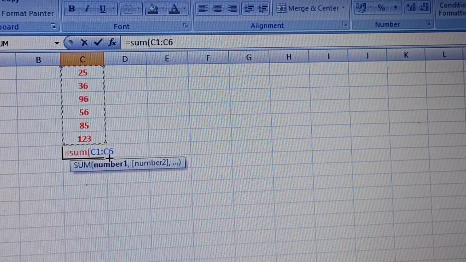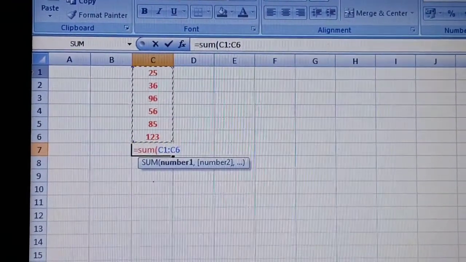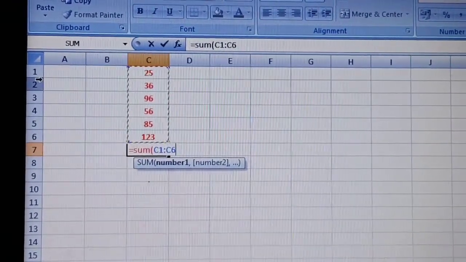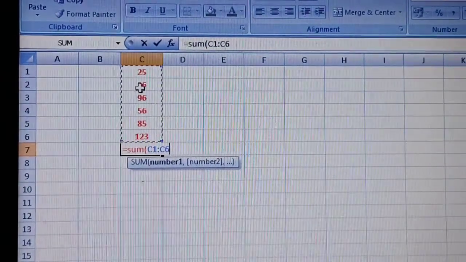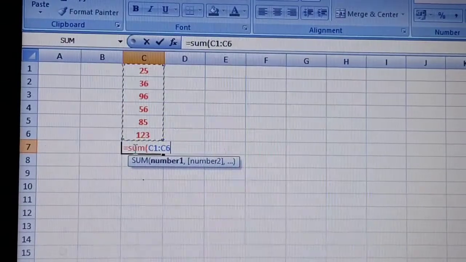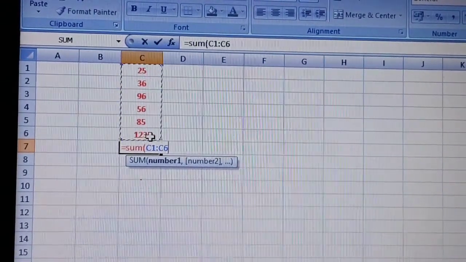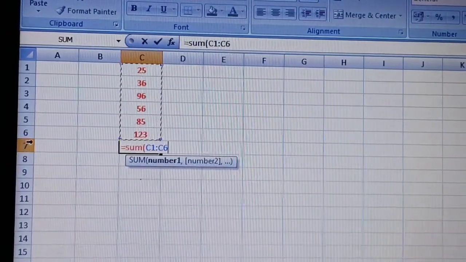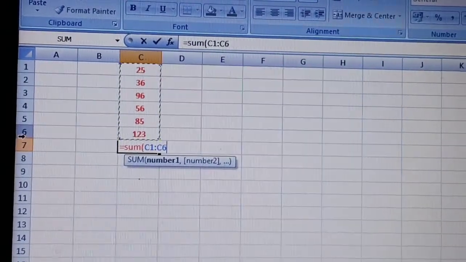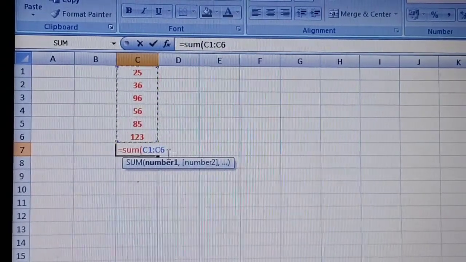C1, C is the column and 1 is the beginning row, where we start with 25. After this we drag, and the address of the next end cell is C6. C6 means this one, right? So it automatically takes the cell address.